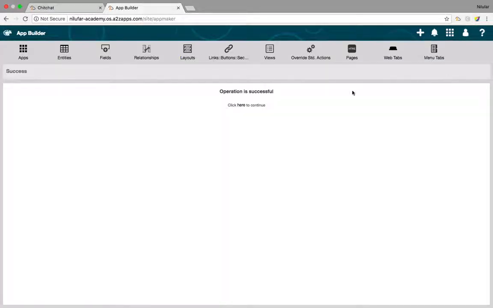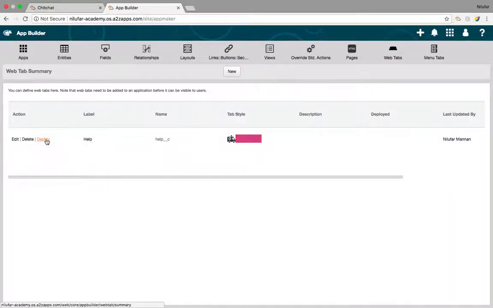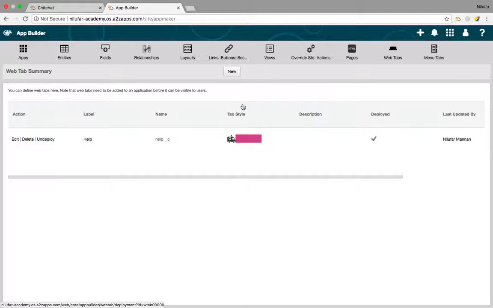The moment I create a web tab, I need to deploy that web tab also. We'll talk about why it is necessary to deploy your web tab the moment I create an app. Let me just go to my web tab. Basically, if you don't deploy your web tab or your entities, you won't be able to link them to an app. That is the reason why we need to deploy it first. For pages it is not required to deploy, because pages will get linked to the web tab. So the web tab is what you need to deploy, and you need to deploy your entities.